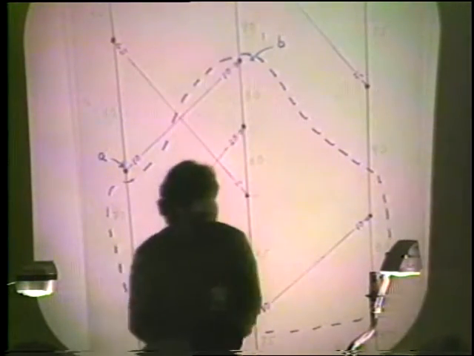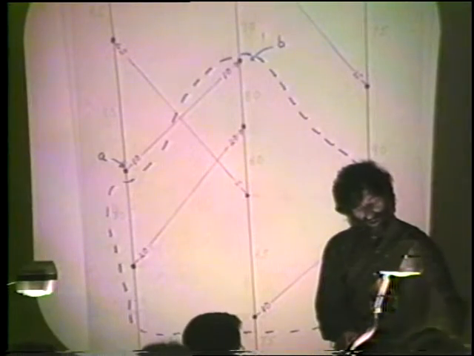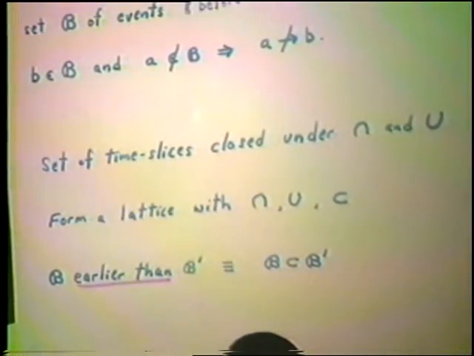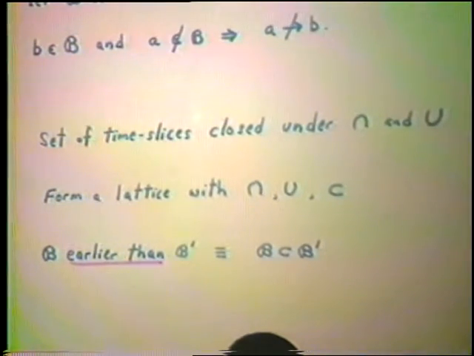So this is a definition of a time slice, and an amusing little fact is that the set of time slices is closed under union and intersection, and they form a lattice, for those of you who care about such things. It goes over big in academic audiences, but I sense that most people here don't really care that it forms a lattice. Anyway, fortunately, you don't have to worry because it's totally irrelevant to anything else I'm going to be telling you.